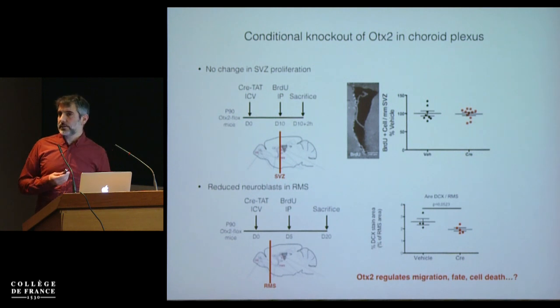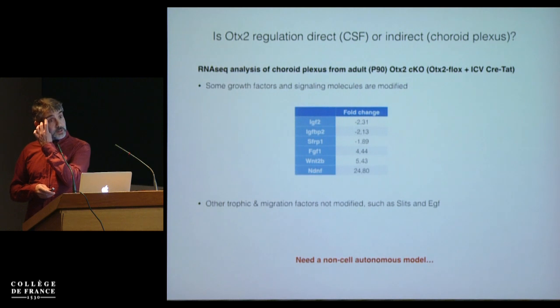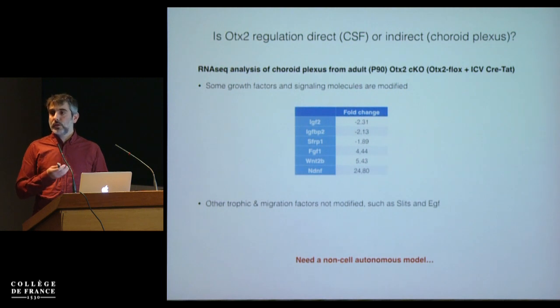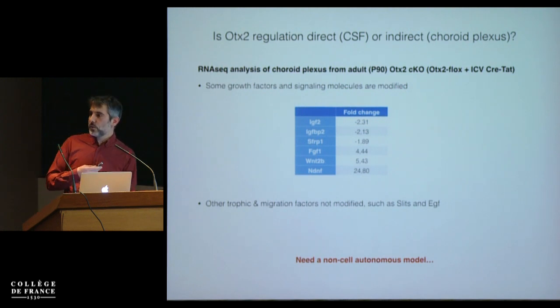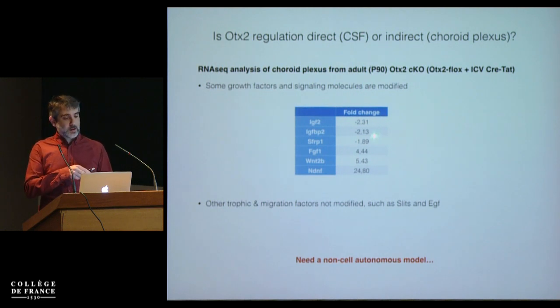However, there's something that's complicating this interpretation: by knocking down OTX2 in the choroid plexus, we could be having two effects. One is that by knocking down OTX2, we're reducing the amount of OTX2 in the cerebrospinal fluid, and therefore it could be directly regulating the neurogenic niche. Or by knocking it down in the choroid plexus, we could have an indirect effect through OTX2 regulating other factors being secreted into the cerebrospinal fluid by the choroid plexus. So to look at that, we did RNA sequencing analysis of the choroid plexus in the knockdown paradigm,